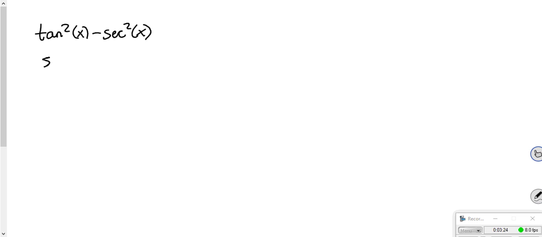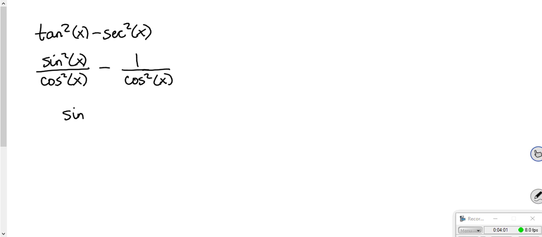So this is sine squared x over cosine squared x minus secant, if you remember, is 1 over cosine. So secant squared is 1 over cosine squared. So now we have common denominators. Okay? Remember, when you add or subtract fractions, you got to have common denominators. So now we have sine squared x minus 1 over